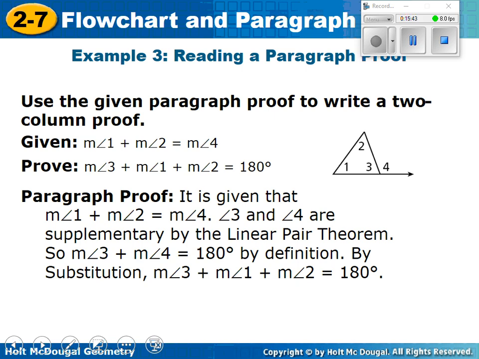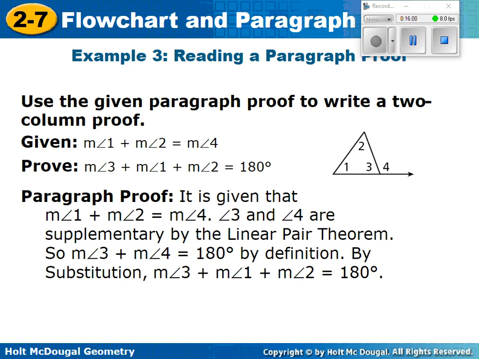So this is an example of a paragraph proof, and I think this is our last example. Is that correct? Okay, so I told you today would be really short. I want to give you lots of time to start studying. So you'll work on your homework today in class. You'll get that finished, I hope, before you leave class so that then you have some time to start working